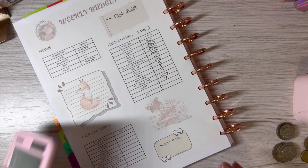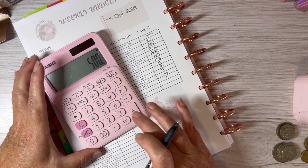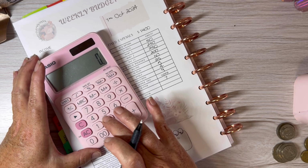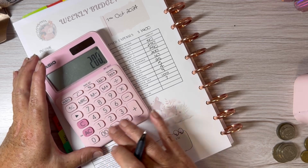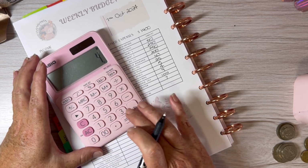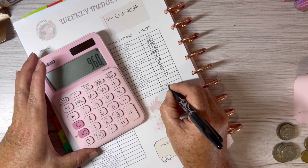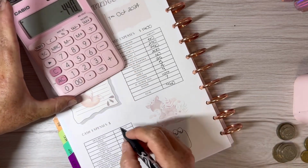So let's add that up. So we have 50, 500, which is the two of those together, 260 plus, nope, try again, 50, 250, 250, 200, 60, 25, 5, 4, 9, 107, yes. So that gives me 960. If we take away my original amount, leaves me 440